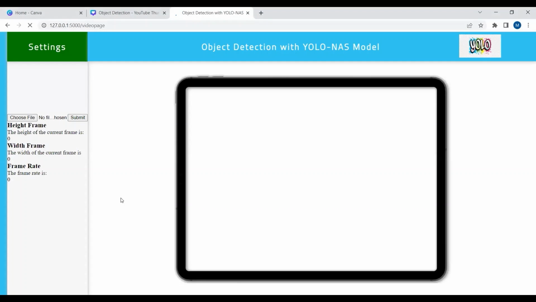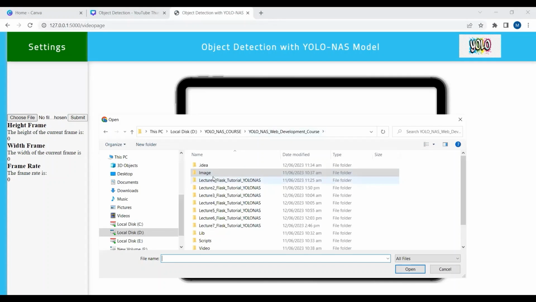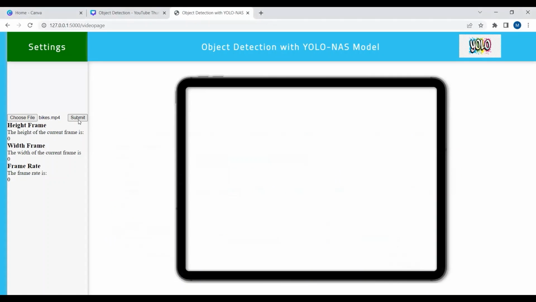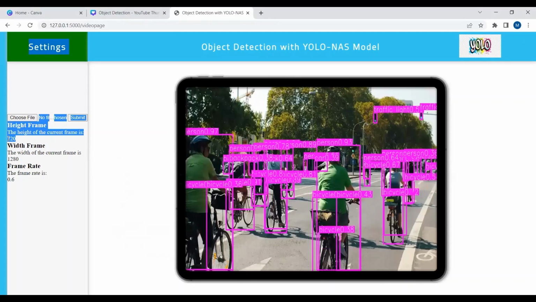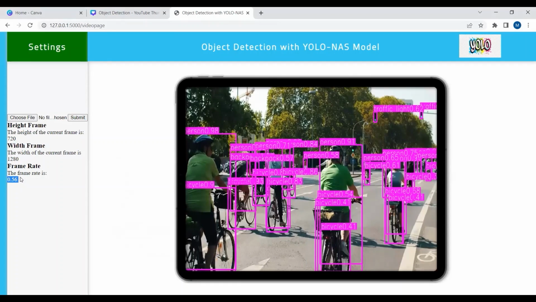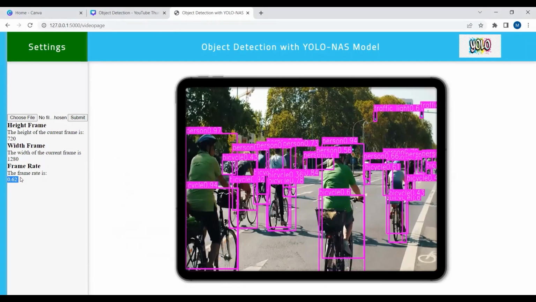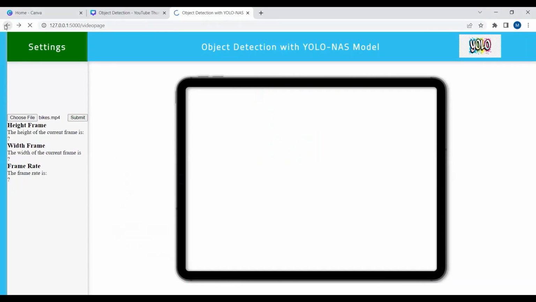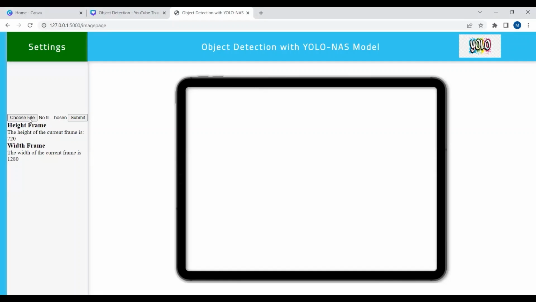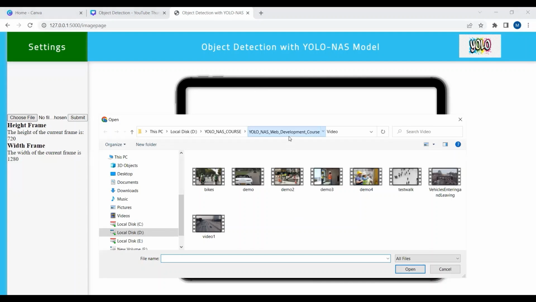And if I click on the video, let me upload a video and see how it works. Here you can see that we have the height of the frame, the width of the frame, and the frame rate, and it's changing as well. So the results look good and very fine. Let me go back and go to the image page. If I click on some image over here,